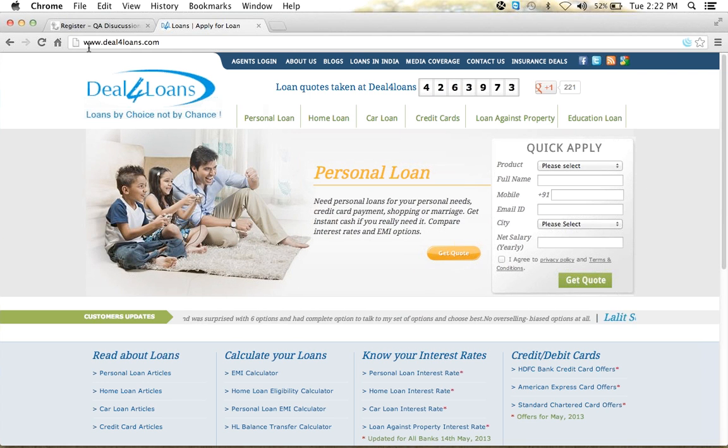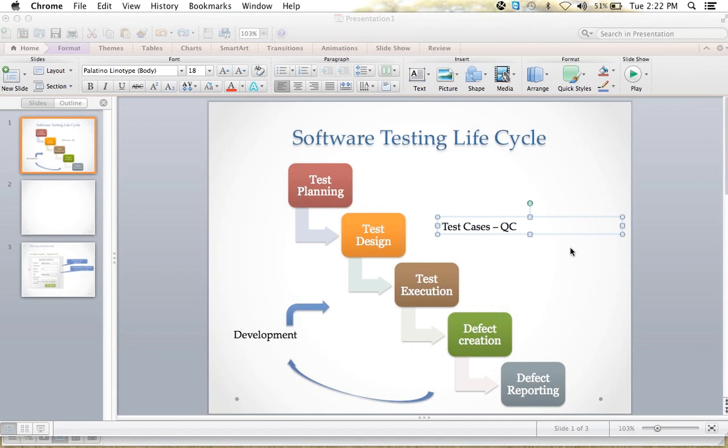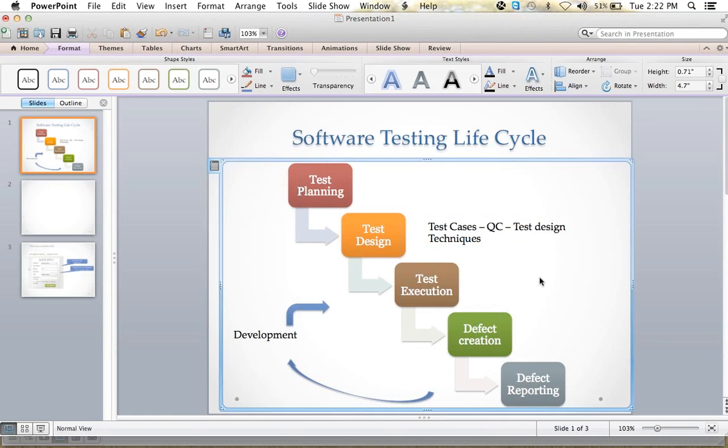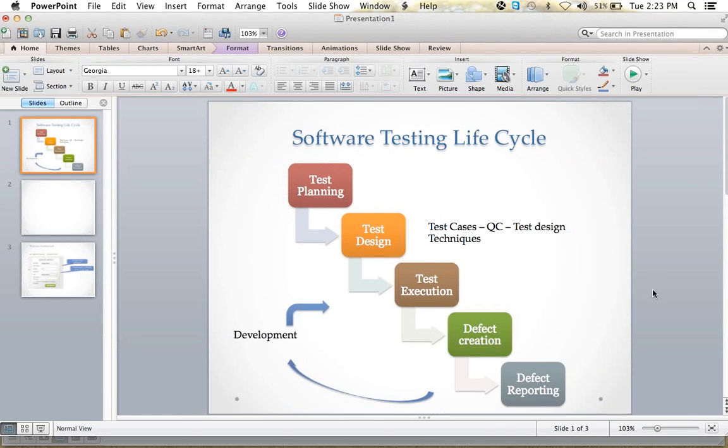So we do test design by following certain techniques. So in test design, we write the test cases by using some test design techniques. Okay. And then what will be my next phase?